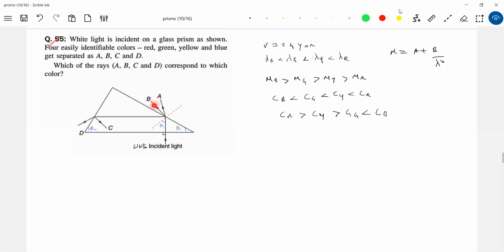Not possible, no? So definitely, let blue and green undergo TIR. Then A be red, they need not undergo TIR. So therefore A will be red, B will be yellow. So how to say that between A and B, they'll not undergo TIR? Between A and B, who is yellow, who is red? Snell's law of refraction, from that only we should see. So therefore A is red and B is yellow. So now green and blue will come here.